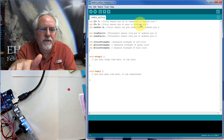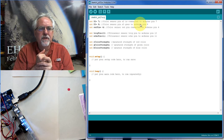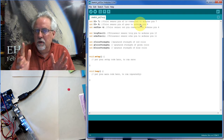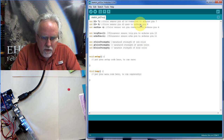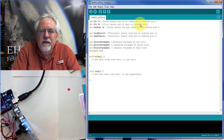Well, when we make those things, the thing we actually measure is a pulse width. And remember, on this ultrasonic sensor, that pulse width can be really big. It can be up to 102,400, so we can't make it a normal int. We have to make it an unsigned int, which basically tells it we're only using positive numbers, and because we're only using positive numbers, it'll let us go out to much, much bigger numbers, because a normal int would not hold a number of 102,000. So we need to make this an unsigned int, and we will make it pulse width, actually for measuring color